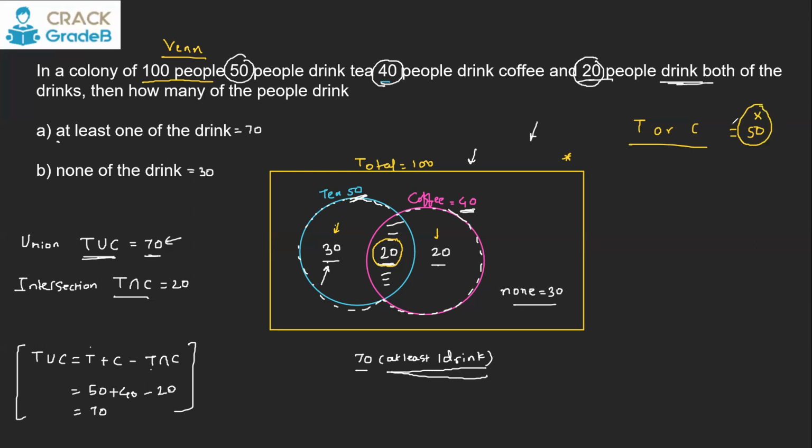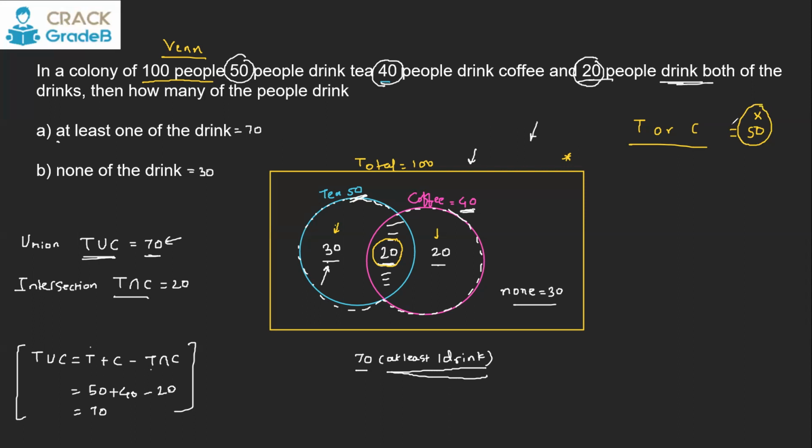This is not how it works. Let me give an example. Let's say you go for a job interview. There is an opening, and it says that a person should be either MBA or engineer. And you went there with both of your degrees. You have an MBA degree also and an engineering degree also. So would they throw you out? Because you have both the degrees, we want either engineer or MBA. Would they throw you out? Of course, no. You are also welcome into that interview. So if the interview said a person should be either engineer or MBA, and if you have both the degrees,